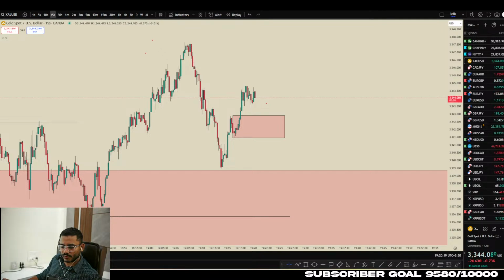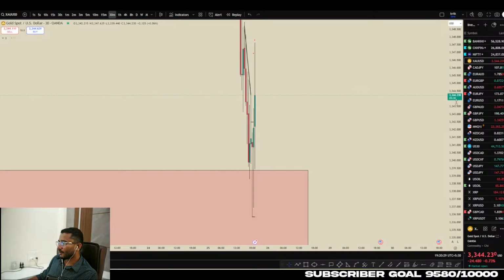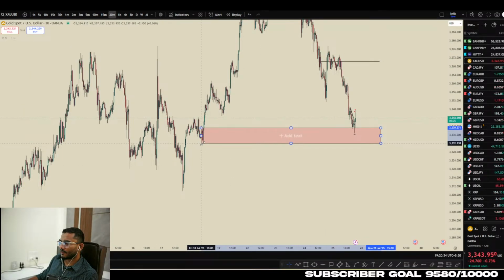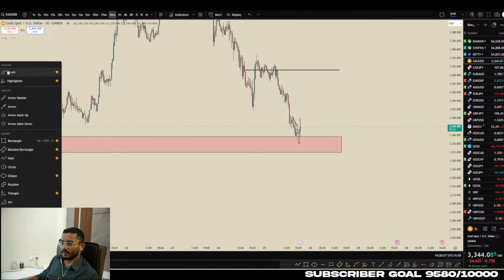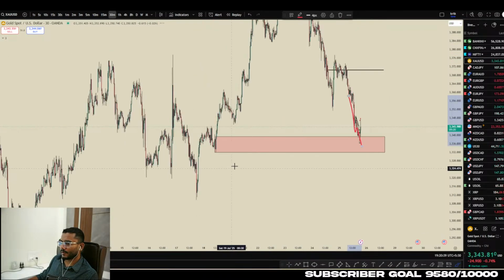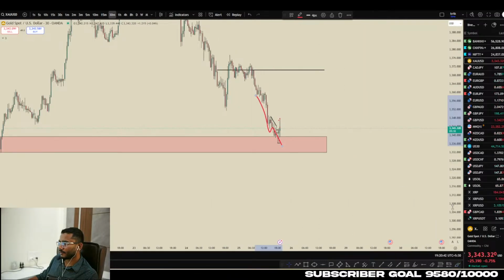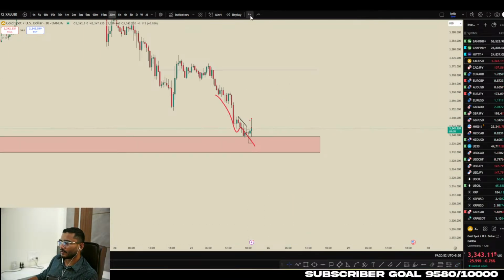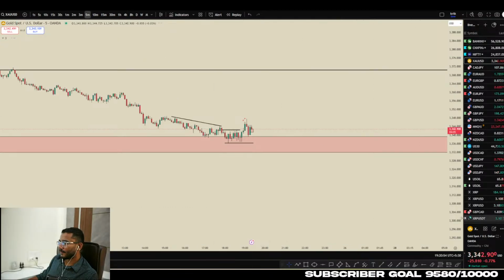So what we should do first before we trade, same important point. What we do first before we trade, you have to look at a higher time frame. What I do is I look at higher time frame. So on higher time frame, I know that here price was bearish and then price reacted from this order block. So we can expect a reaction from this order block. We don't know if price can continue or just sweep this liquidity and continue to the downside, right? So first I was looking for a sell side entry, but after that